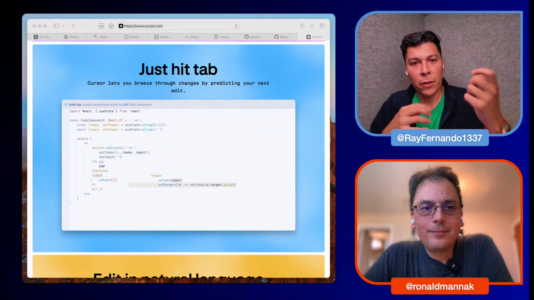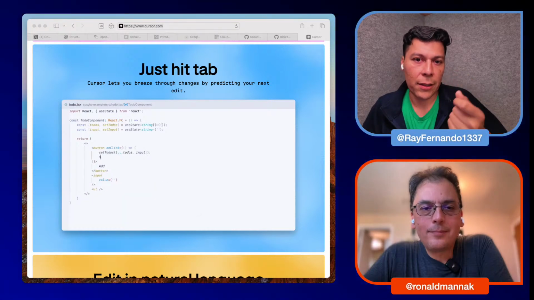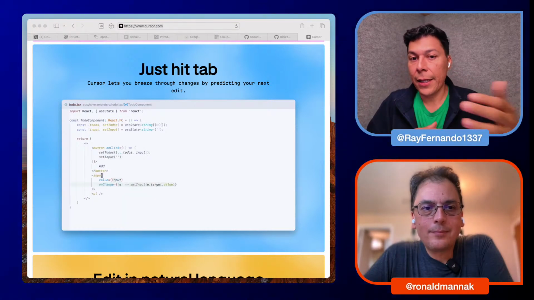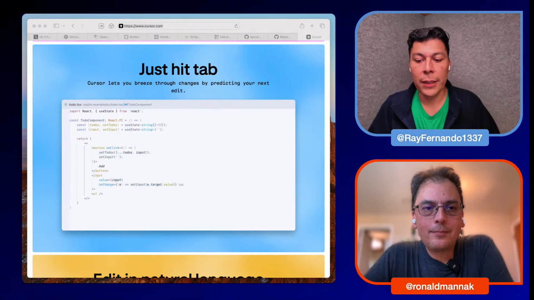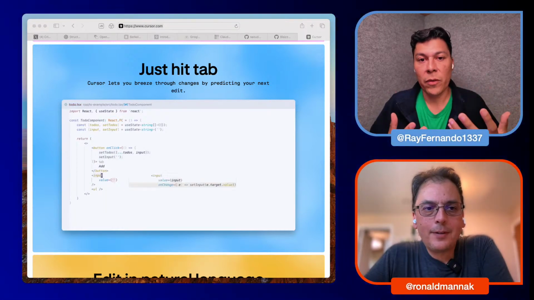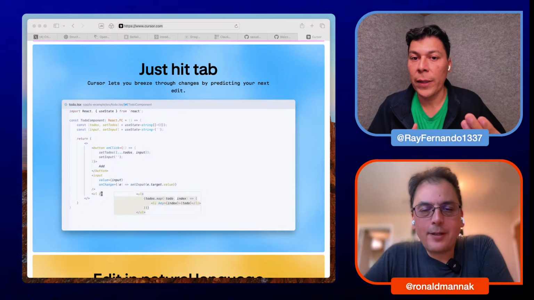It does connect to other models for the chat, so you can say I want to talk to Claude Sonnet 3.5, and it does that. I want to talk to Claude Opus with a 200K context window. You can do that as well in the chat. If you want to talk to your own custom provider, you can give it an API key for OpenAI.